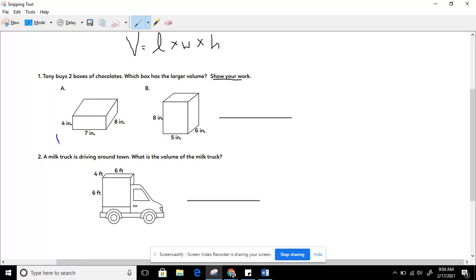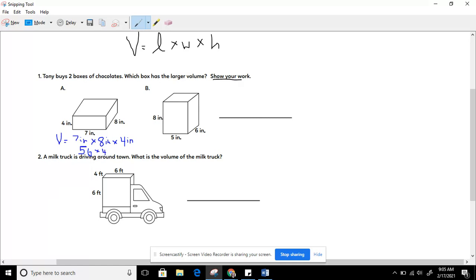So for box A, volume is equal to the length. So the length here is 7 inches times the width. The width is how deep something goes. That's 8 inches in this box. And the height is how tall. So this is 4 inches. Okay, and you're going to do that multiplication. You're doing 7 times 8, and then whatever you get for that, you're going to multiply that by, I'm sorry, by 4. So 7 times 8 is 56